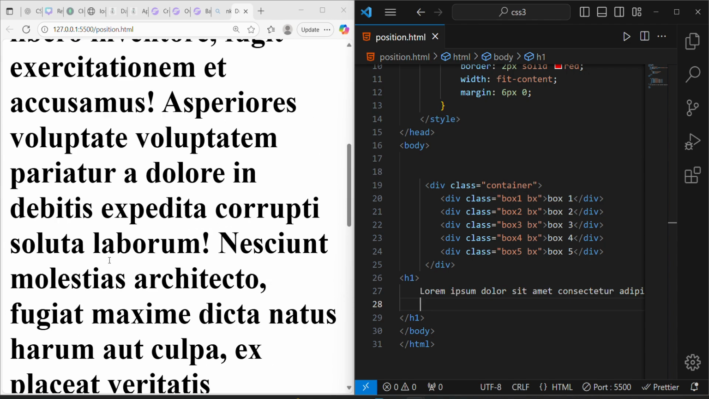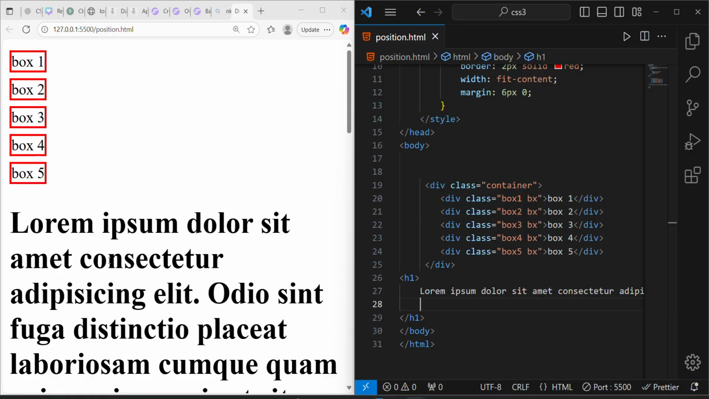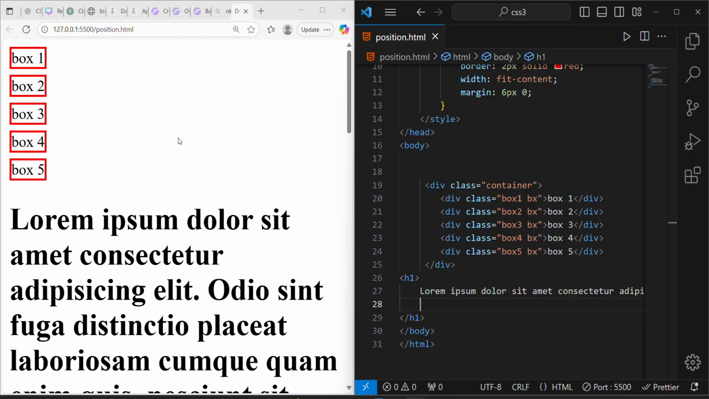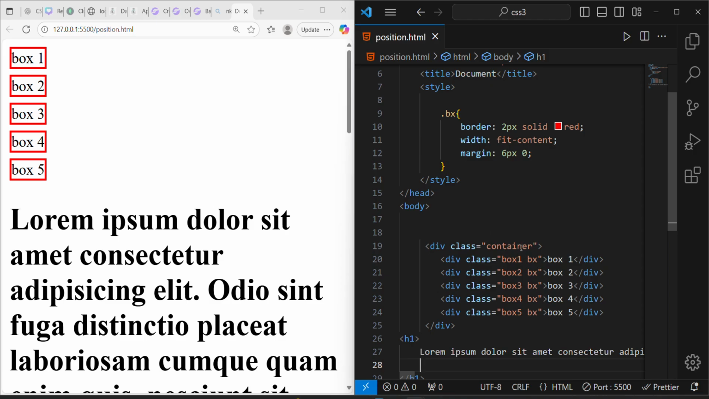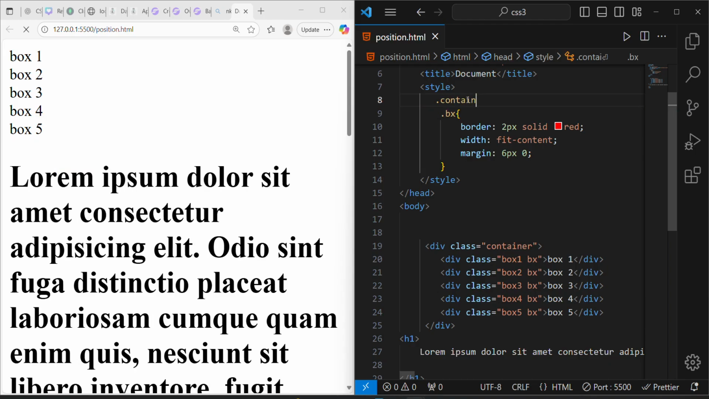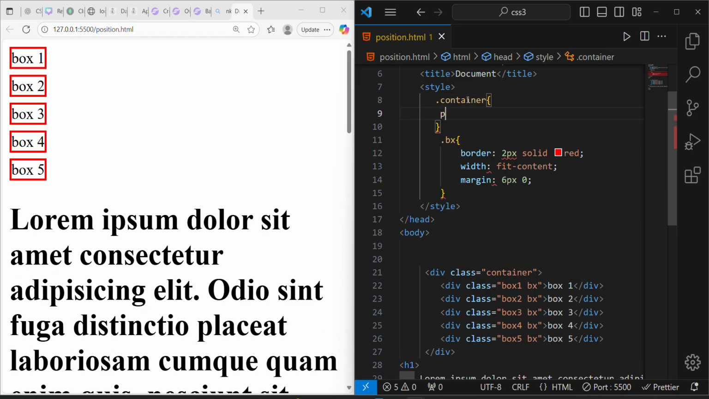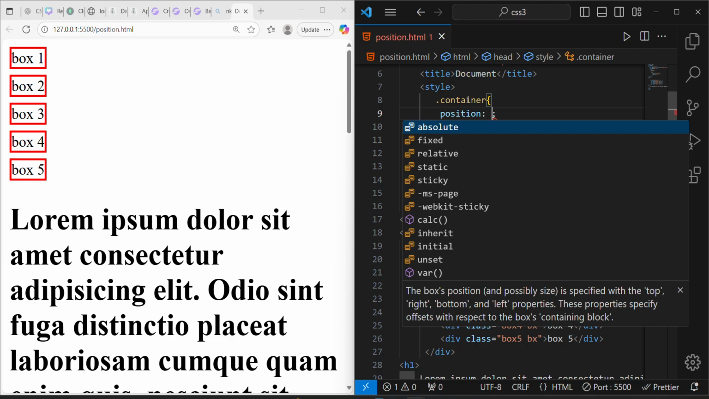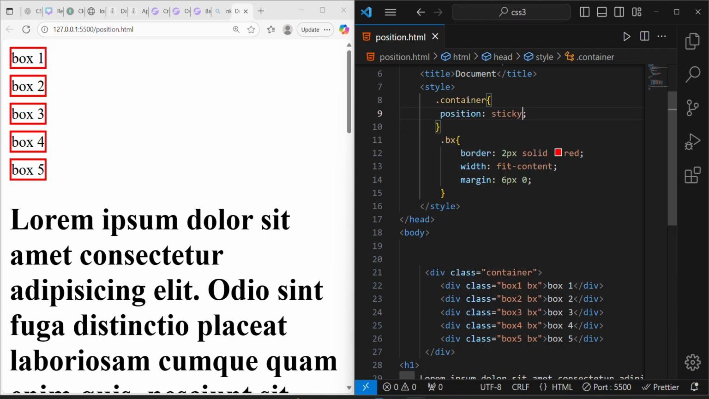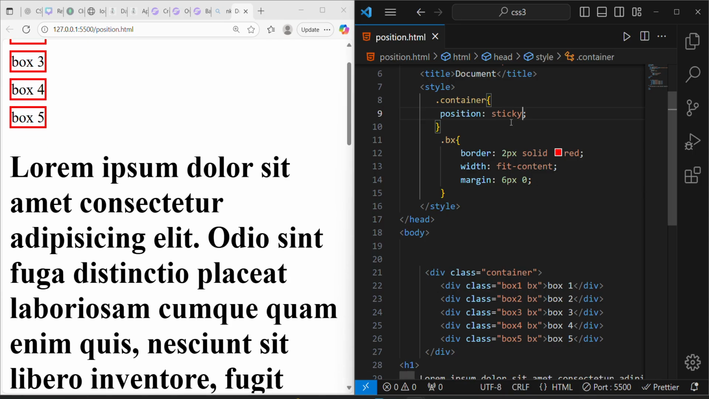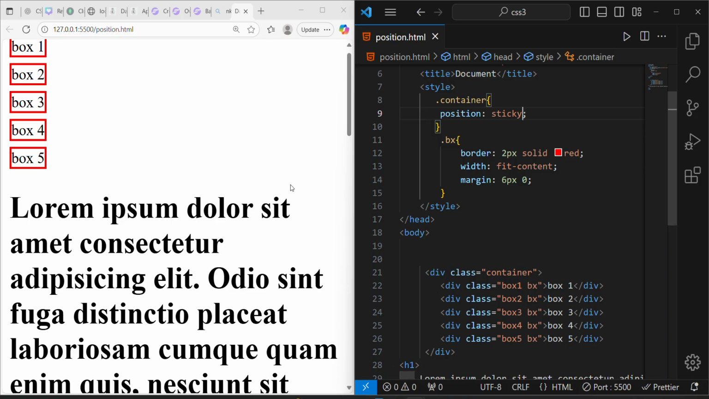You can see that this is scrollable. Everything is scrolling. So how do we make this thing sticky? Let's say this container here, .container, position sticky. So what this means is that it is relative and it is also fixed. It is relative like this. So for now nothing is happening, but if we say